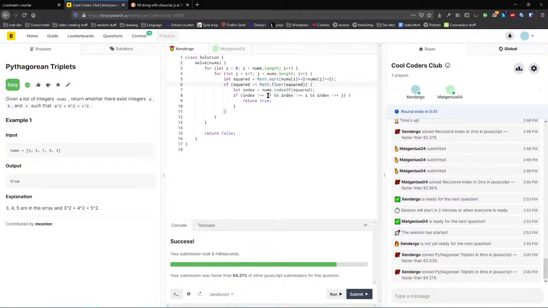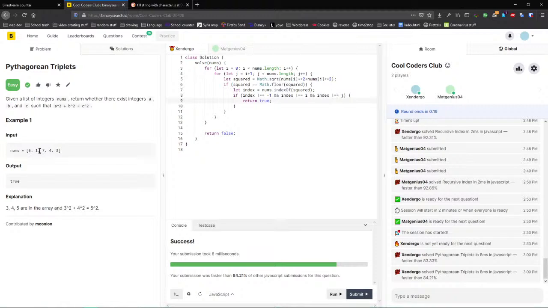And then I do index equals the index of a squared, so I'm checking if the number is in the nums, and then if it is, which is what I'm checking here, I make sure it isn't either i or j, which are the numbers I'm checking for,